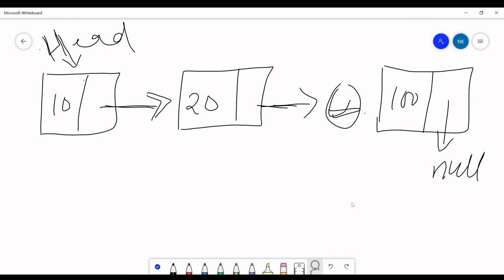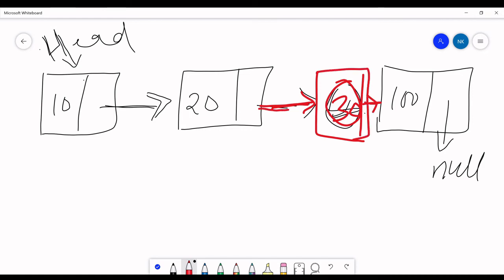Let's say we have any value here. So if someone wants to insert a value at the index here, right? Let's say the value is 30. If someone wants to insert between these two elements, what he has to do, just the index that is pointing to the next, we have to update here, right?